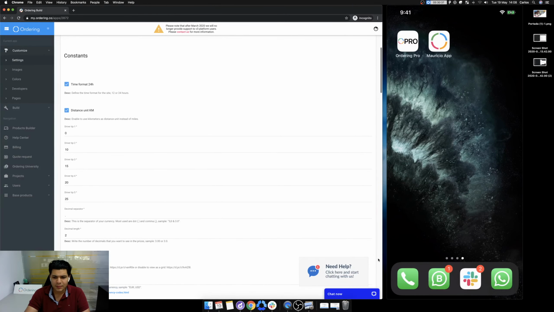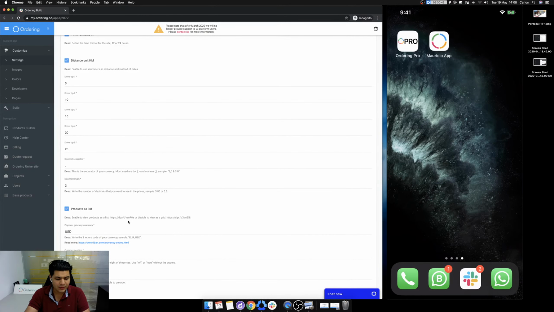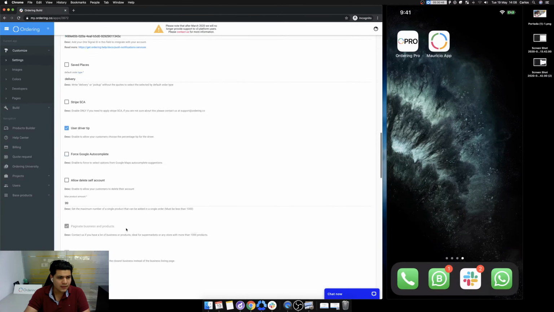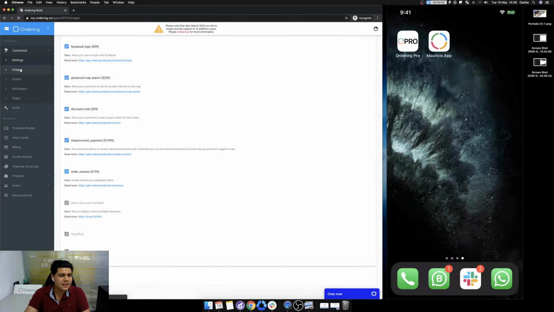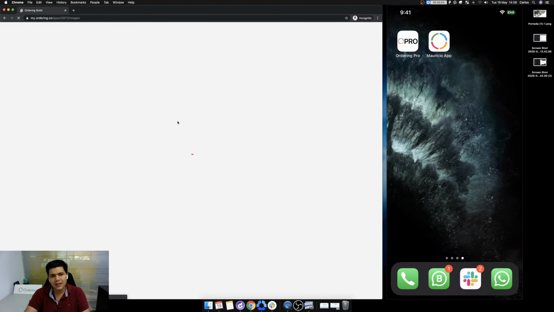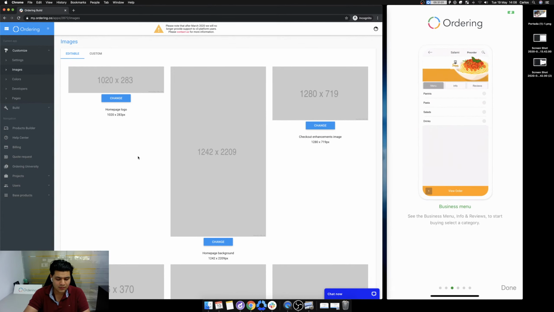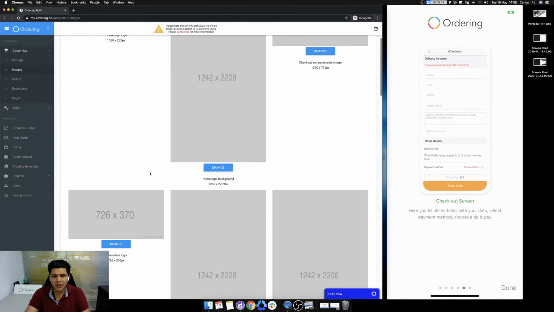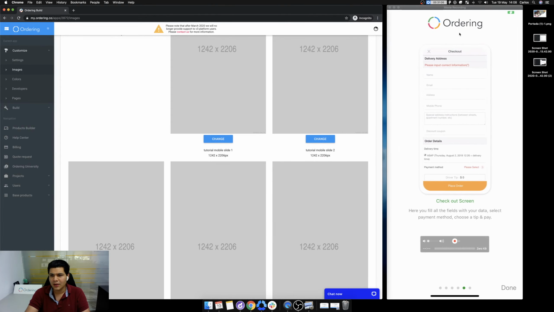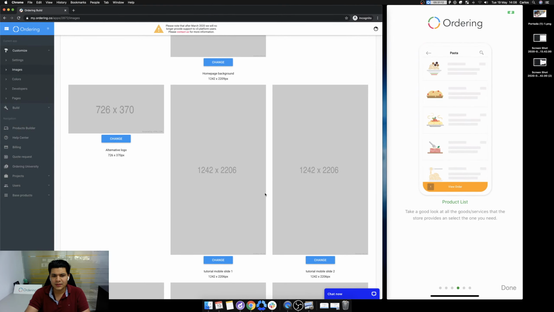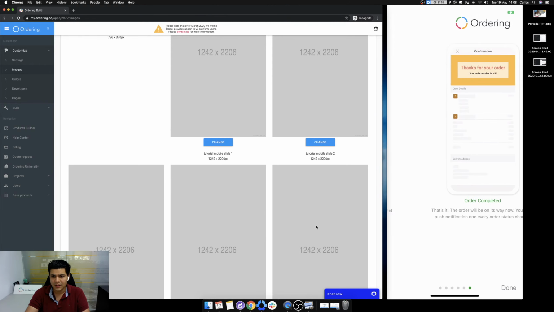Also, all the things that we set up here before installing the app are showing when I open this app, okay? So bear that in mind. Also, right now everything is default, but the images that I put here are the ones reflecting on my app, okay? So it's very important. I will open it. These are the tutorials. The tutorials are by default. It does not include the logo, so be careful about it. These are default. That is why it's showing like this.